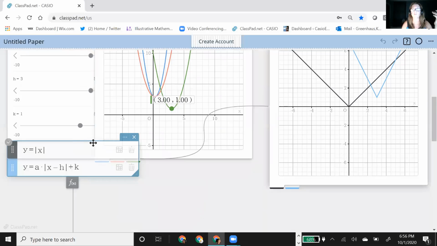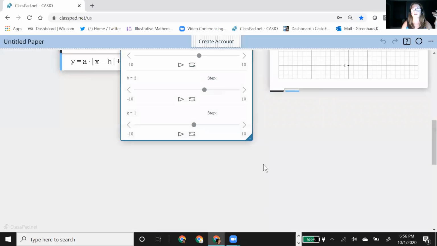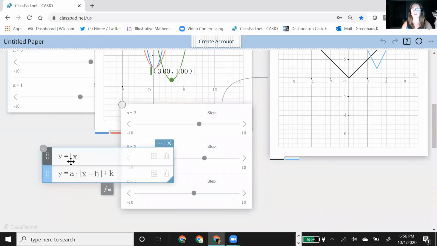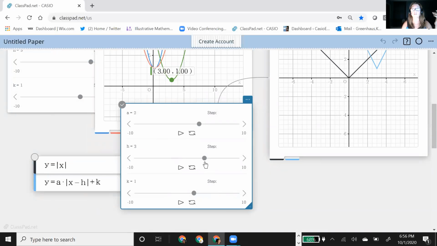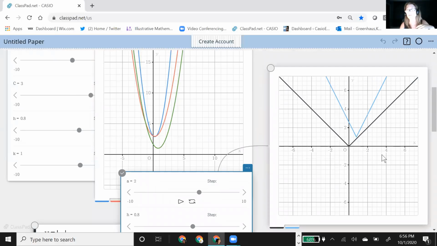But now look what happens. If I move the H and K in either one of the sliders, it's going to move them in both. So I can actually see, wow, these are very connected types of equations. And if I understand what H and K mean in a quadratic, then I know what it means in my absolute value. So that's a really nice dynamic connection.